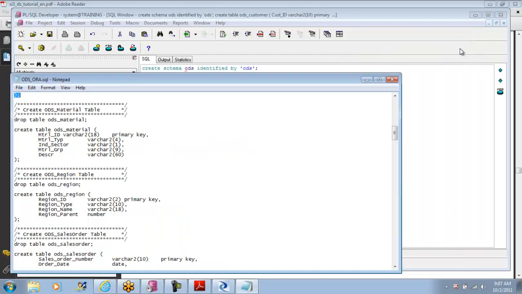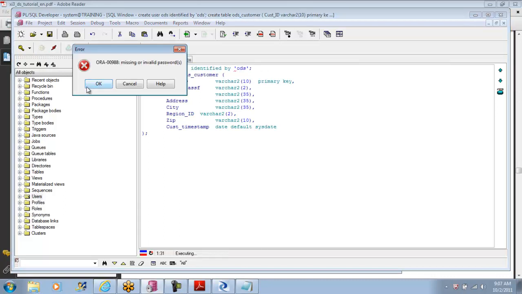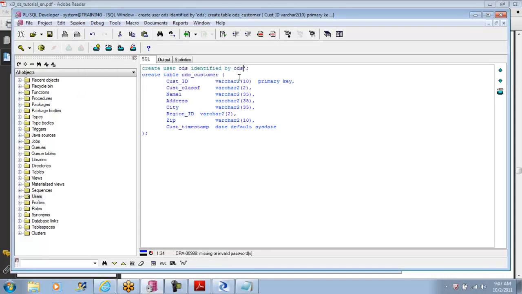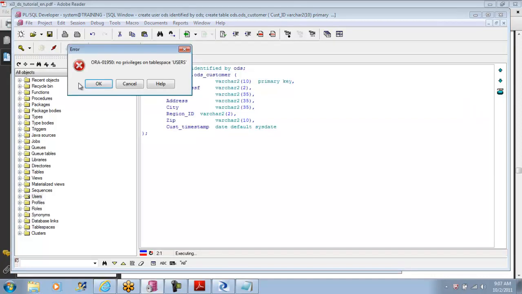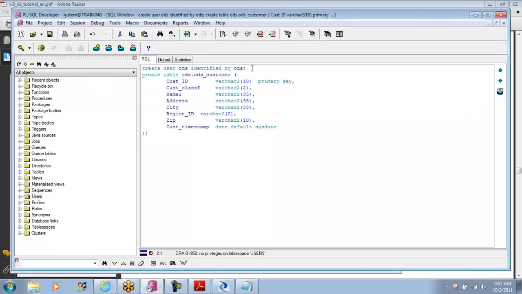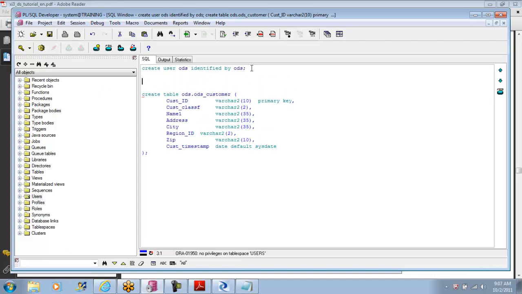Okay, it shouldn't be a problem. Wherever we run, it shouldn't be a problem, but I wanted to create it as ODS so that it is easy for us. Okay, I have created a user, and I will do this under this particular user so that it gets created under ODS exactly. So when I create a user, it doesn't have the rights to create a table there. So we say